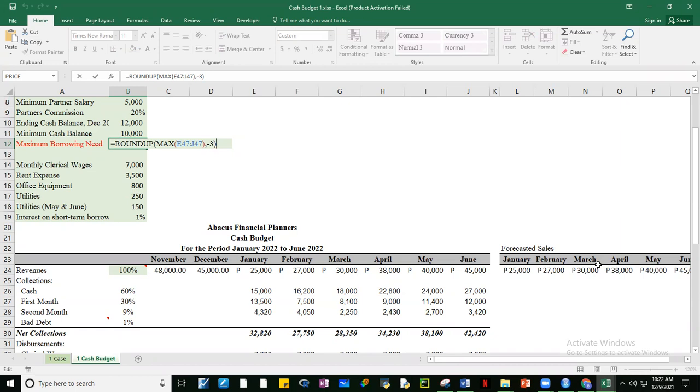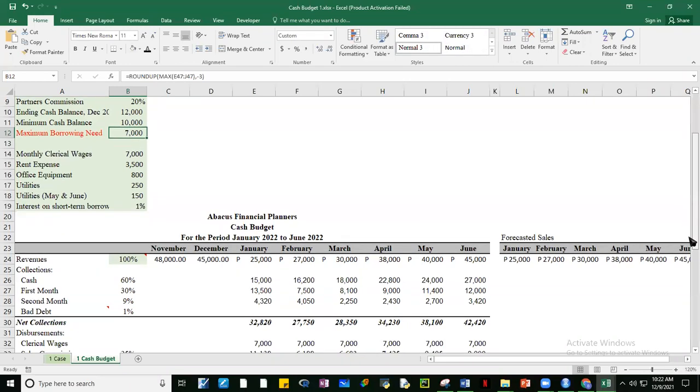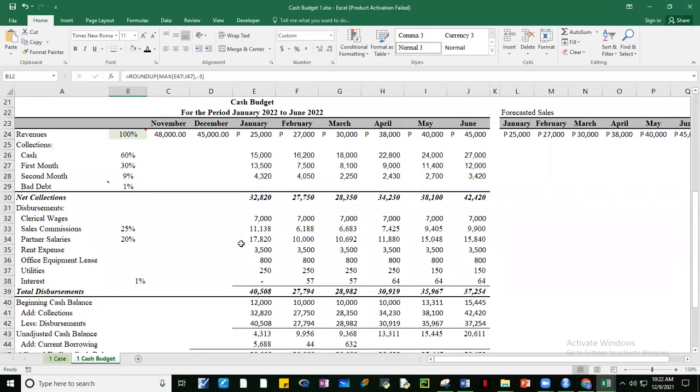Sir, pwede po ulit makita po yung sa partner salary po na formula. Partner salary, okay. Okay po, thank you po, sir. Wait lang po.